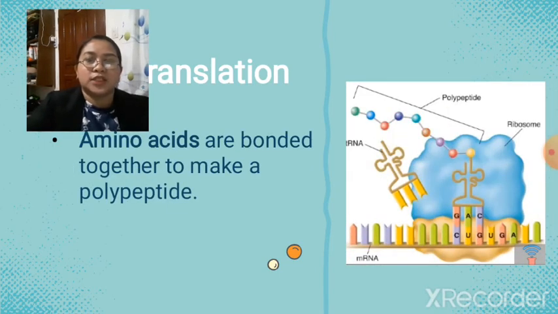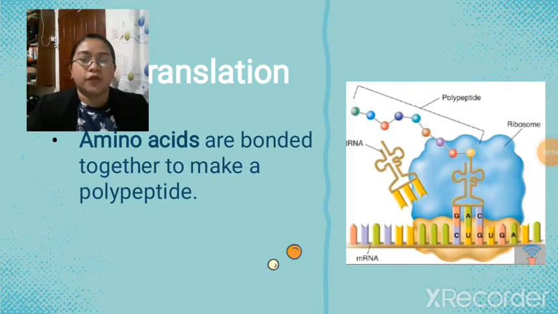So lastly, the last type of RNA is the ribosomal RNA. So our ribosomal RNAs are found in the ribosomes and account for 80% of the total RNA present in the cell. So ribosomes are composed of a large subunit called the 50S and a small subunit called the 30S. So each of which is made up of its own specific